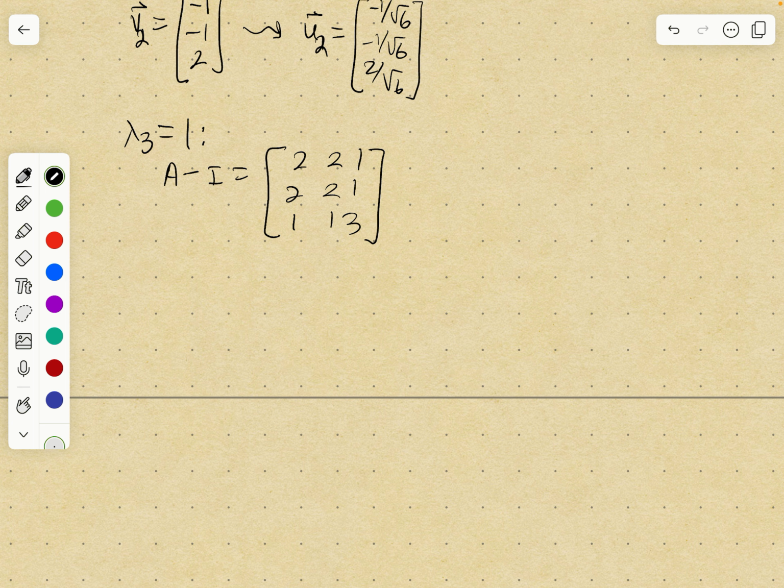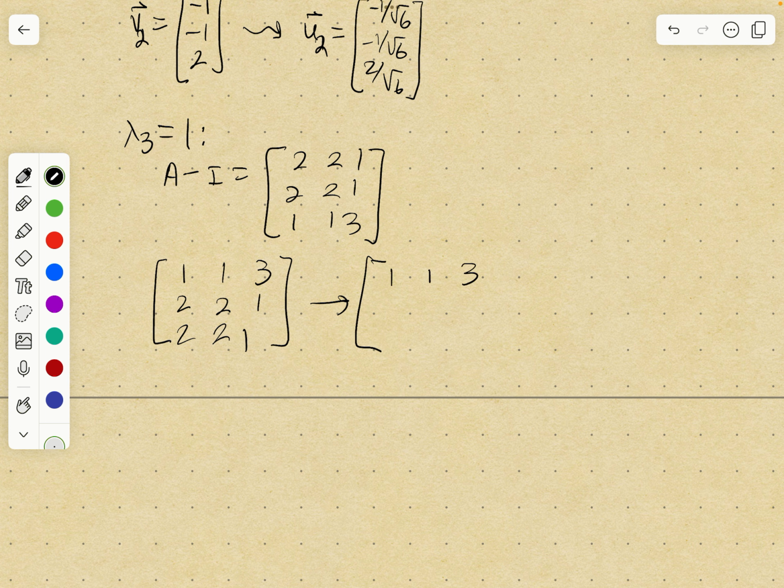If I really show all the steps and do the algorithm properly, I'm going to swap rows 3 and 1 and then do row 2 minus 2 row 1 and row 3 minus 2 row 1. And so if I do that, I'm going to get